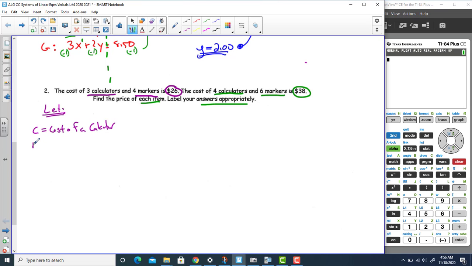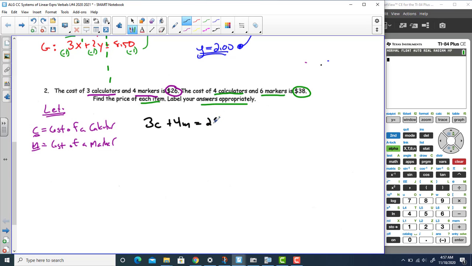And you might want to let M equal the cost of a marker. Because we don't know either of those costs, they'd have to be different. One would be C and one would be M, or one would be X and one would be Y. So as you decode the equations above, it's important that you recognize that we have 3 calculators and 4 markers